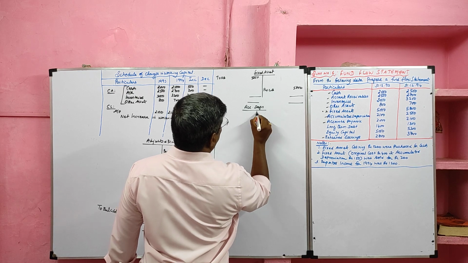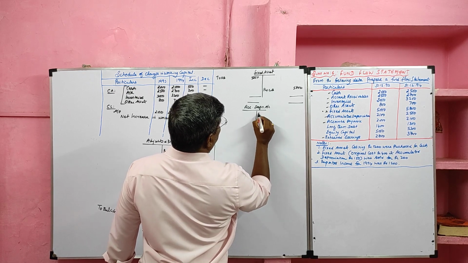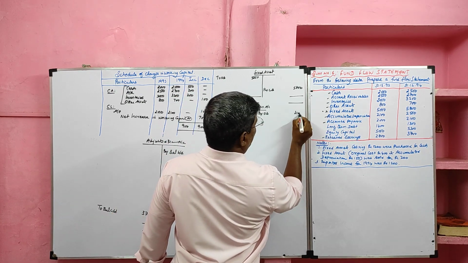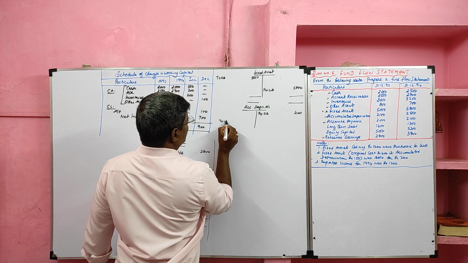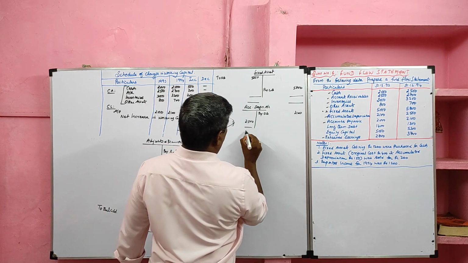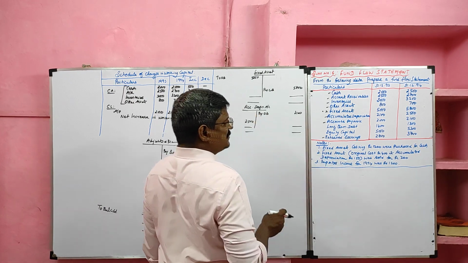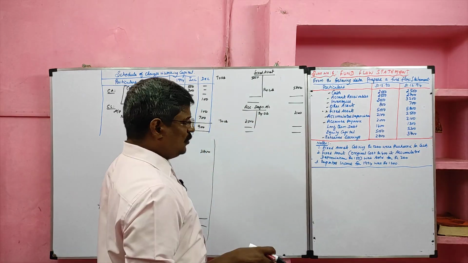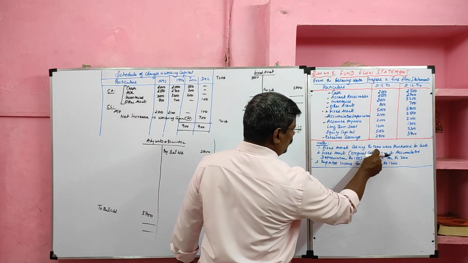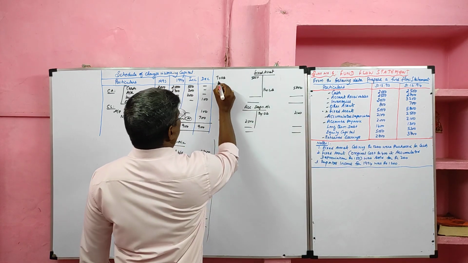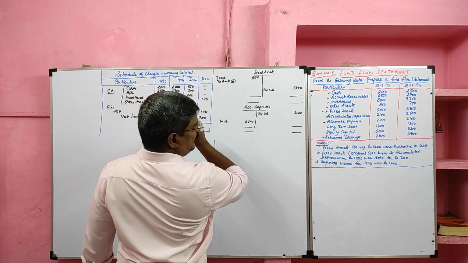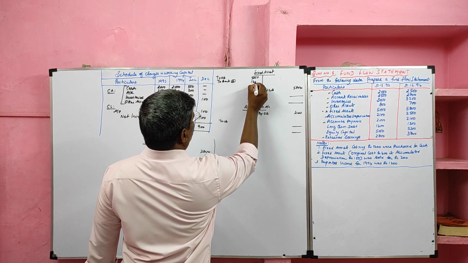Accumulated depreciation given in the balance sheet is a liability. Opening balance credited 2100, closing balance debited, closing balance 2500. Then some information relating to the part of fixed asset sold and fixed asset purchased is also given. Here the first adjustment: fixed asset costing 1200 were purchased. So purchase is debited to the fixed asset account, to bank. It will go to the application side, value 1200.